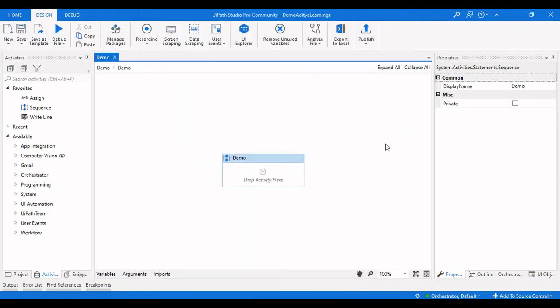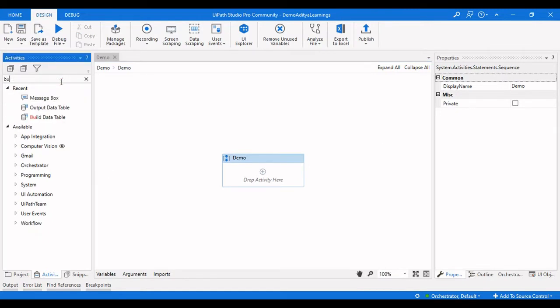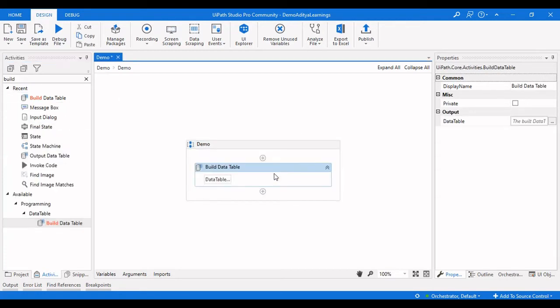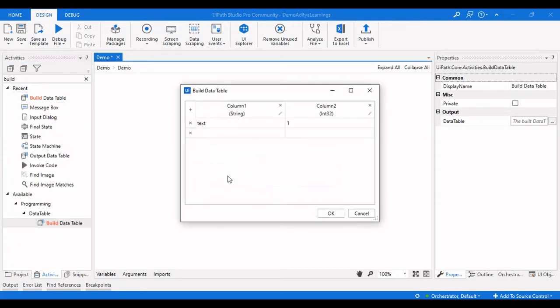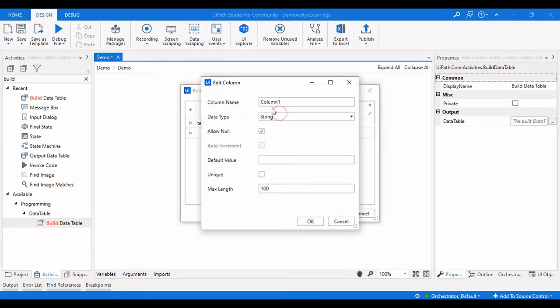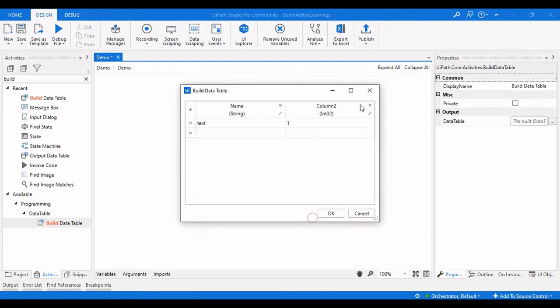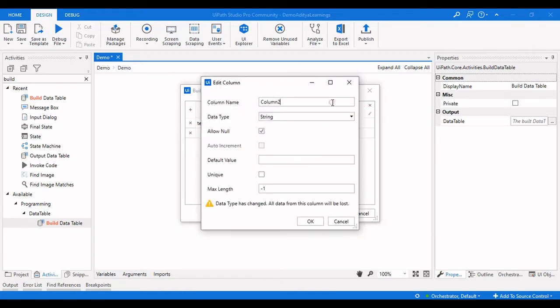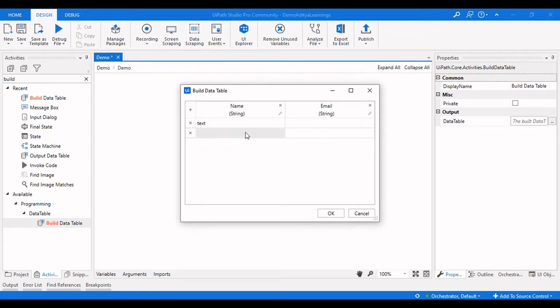So let's get started. The first thing I need to do here is build a data table. So I will use a build data table activity, and if I click on this, I can see the column name. Let me change the column names to the required names, which is name, and this should be email ID. So it will be a string and it is email. So we are going to change this email into email ID.